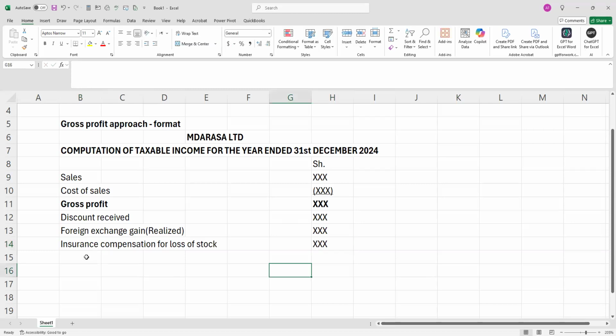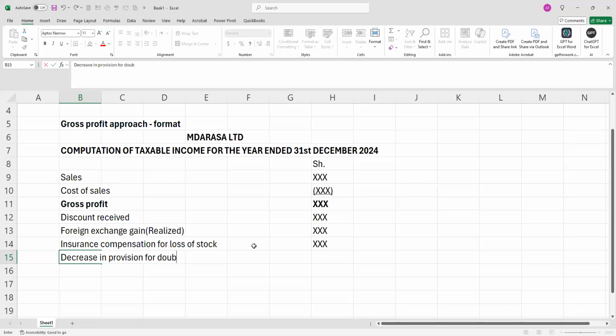We talk about decrease in provision for doubtful debts, so that once we have these giving us the income that we are supposed to have, we come and less